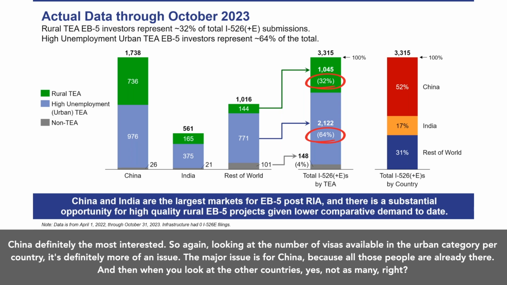So again, looking at the number of visas available in the urban category per country, it's definitely more of an issue. The major issue is for China, because all those people are already there. And then when you look at the other countries, yes, not as many, right? So yeah,